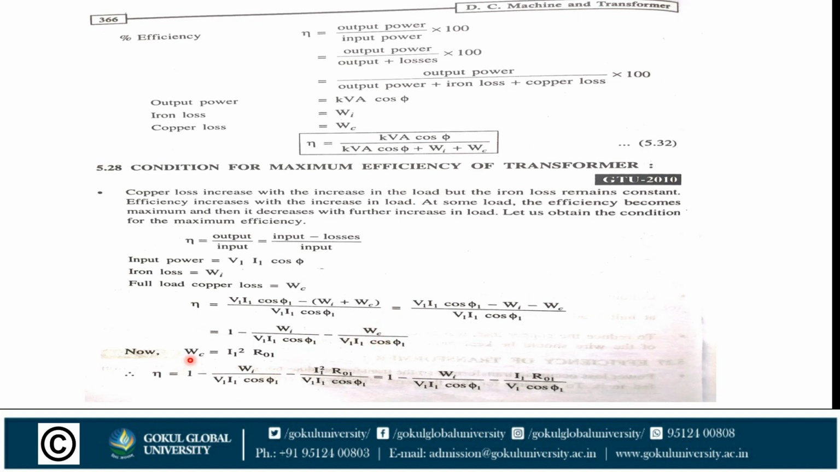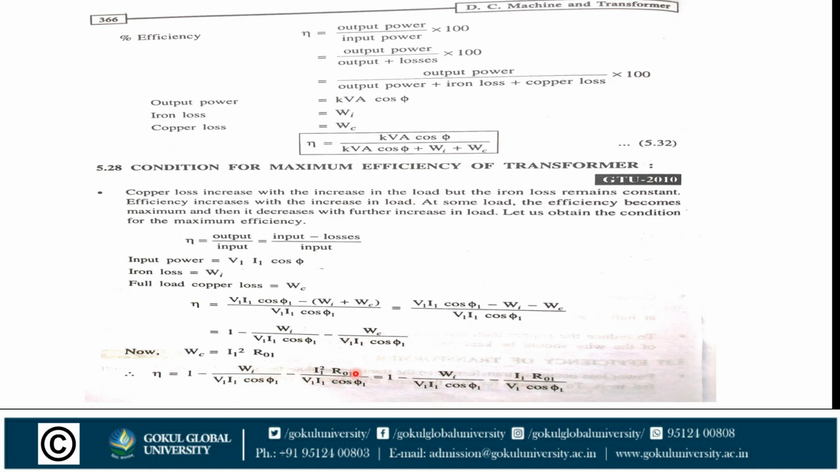Now what is Wc? Copper loss is equal to I1 square into R01. So efficiency becomes efficiency is equal to 1 minus Wi by V1 I1 cos phi 1 minus I1 square into R01 by V1 I1 cos phi 1, which is equal to 1 minus Wi by V1 I1 cos phi 1 minus I1